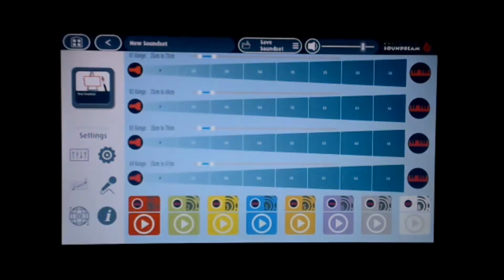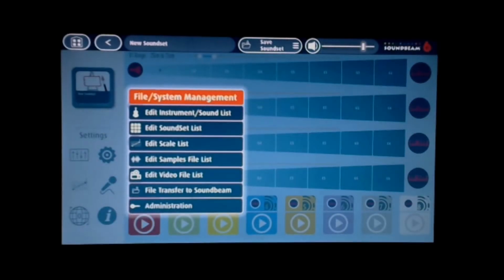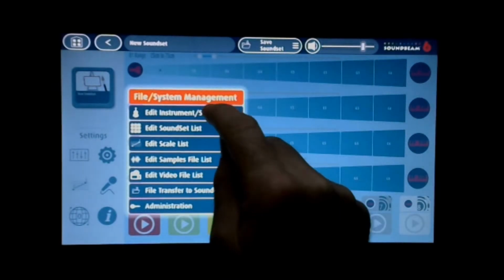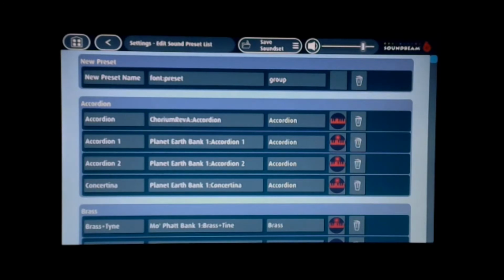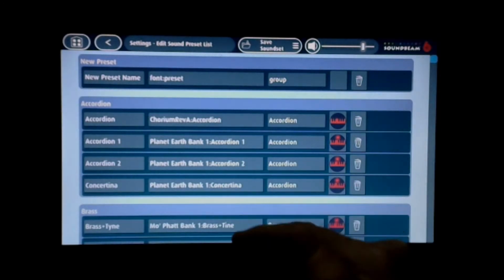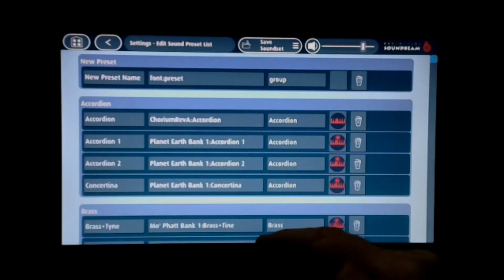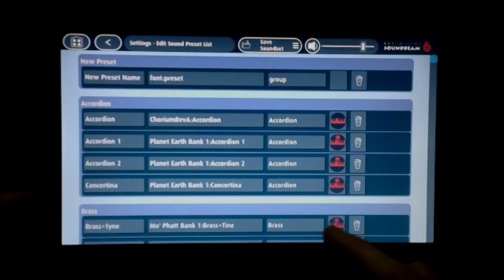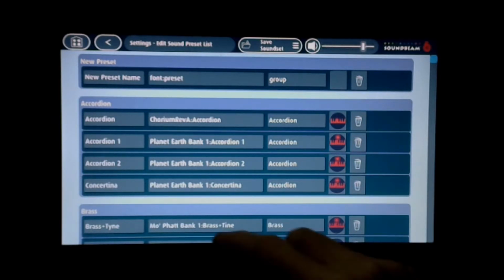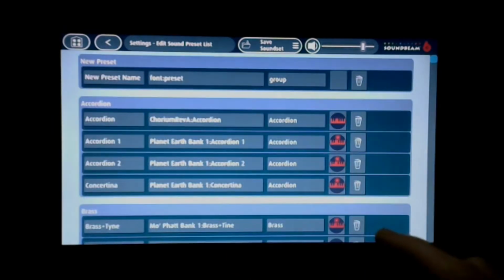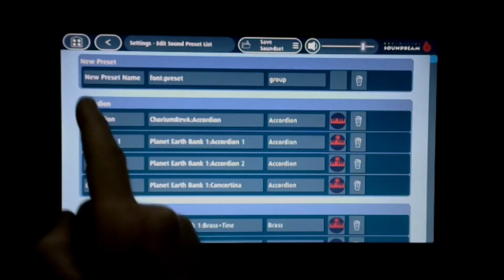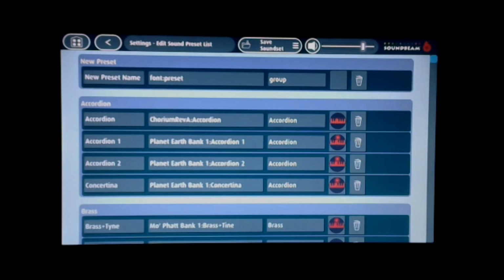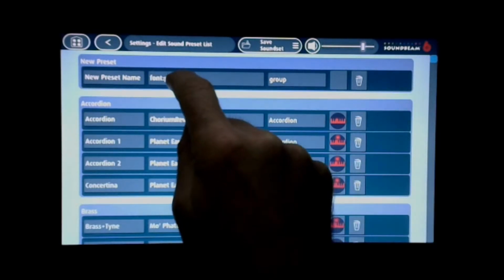Okay, if you just go back here and press the cogwheel, this time pressing the Edit Instrument Sound list, this is the list of all the sound fonts that are in here, and there are various wonderful banks of sound fonts, and ultimately that's where the sound fonts that come with the machine are located, and you can manage them here somewhat. But here, if we want a new preset, what we'll do is press this font preset button,